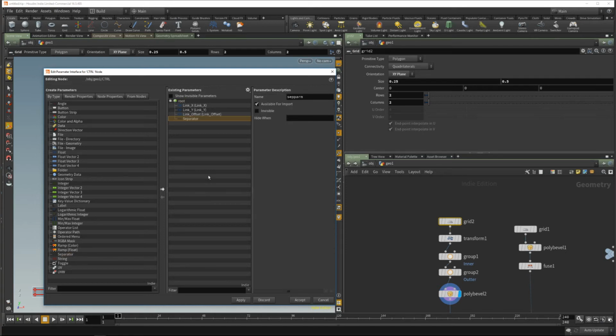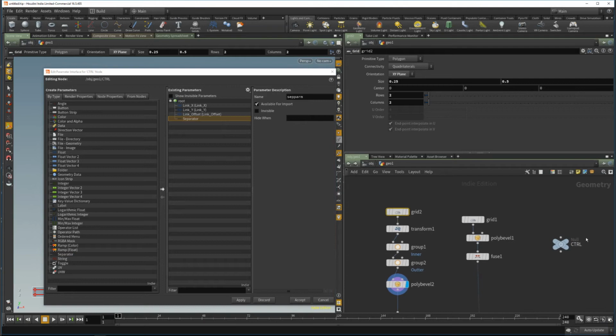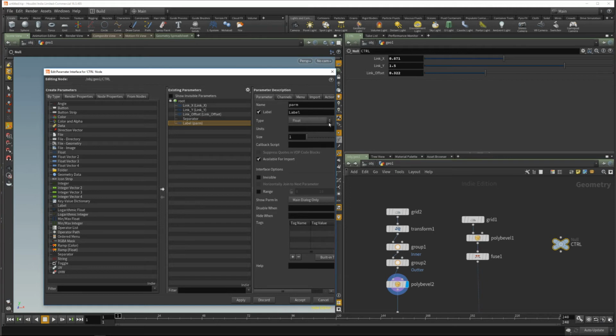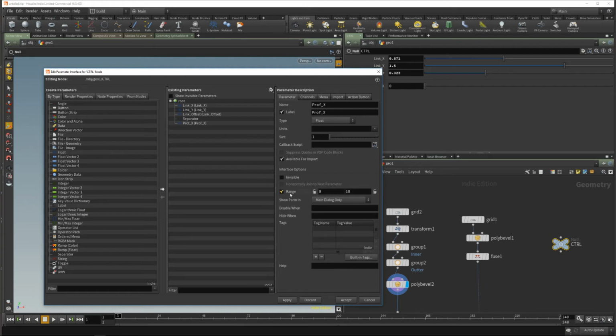Sorry, okay, a separator just to have a small space between the parameters, and I will drop a float, and I will call that one profile X. First again I will clamp the range, 0.5 as a minimum value, and 2 for the highest value, and now I can duplicate this controller, call it Y,